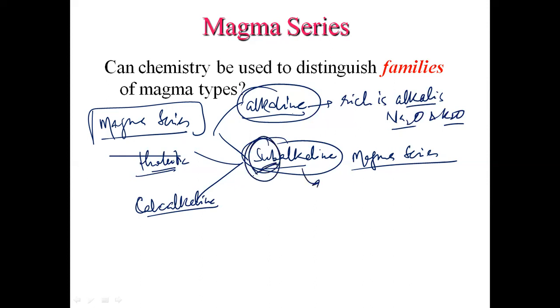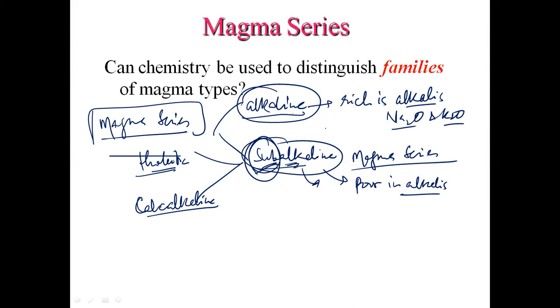And your subalkaline means, सब माने क्या होता है? What do you mean by sub? सब माने थोड़ा कम ना, थोड़ा पुअर, थोड़ा नीचे। हाफ भी हो सकता है, और कम भी हो सकता है। तो सब अल्कलाइन मतलब पुअर इन अल्कलीज। ओके,